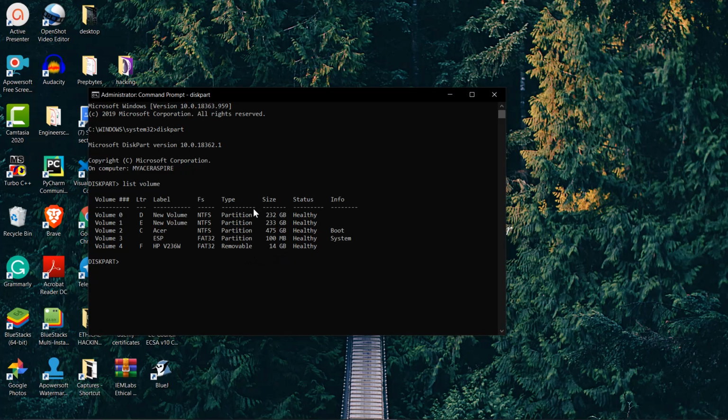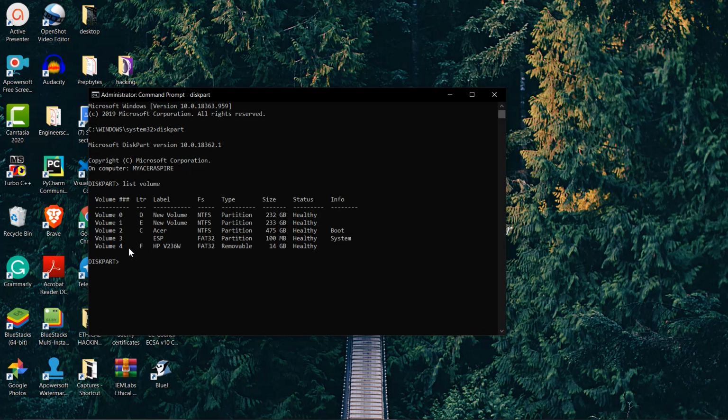An easy trick for this is, if you're using a pen drive or something, the space in the pen drive will be low compared to the space available in your hard disk or SSD. So with the 14 GB size, by this you can get to know that this is the pen drive that you have inserted, and also it is removable. This is another trick to find whether this is your pen drive or not.